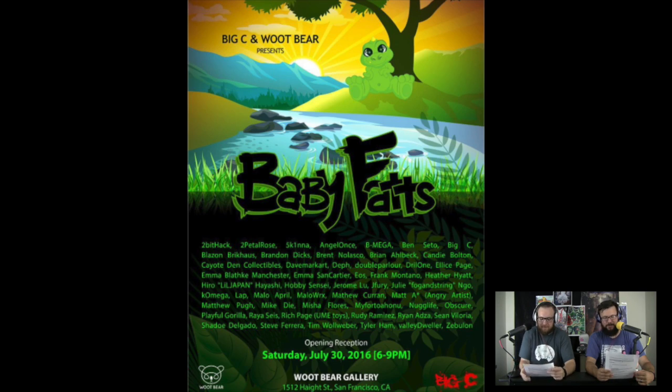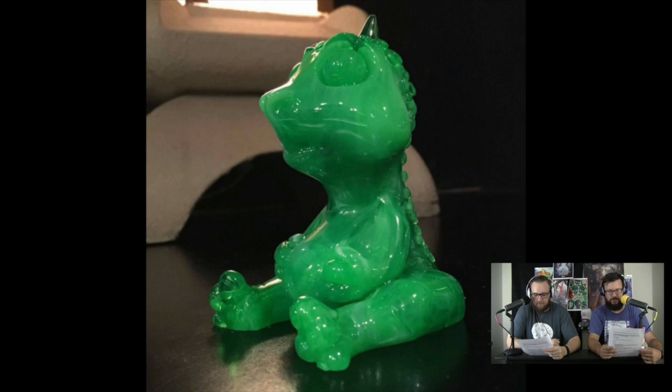This cute little baby dragon is the first production piece by the artist named Big C. Big C has put together a very talented roster of artists to customize his Baby Fats resin sculpture for his show at Whoop Air Gallery in San Francisco. Please join us at Whoop Air on Saturday, July 30th, 6 to 9 p.m. Pacific time, for their opening reception featuring one-of-a-kind pieces, exclusives, snacks, most importantly snacks, entertainment, and a wonderful crowd, and